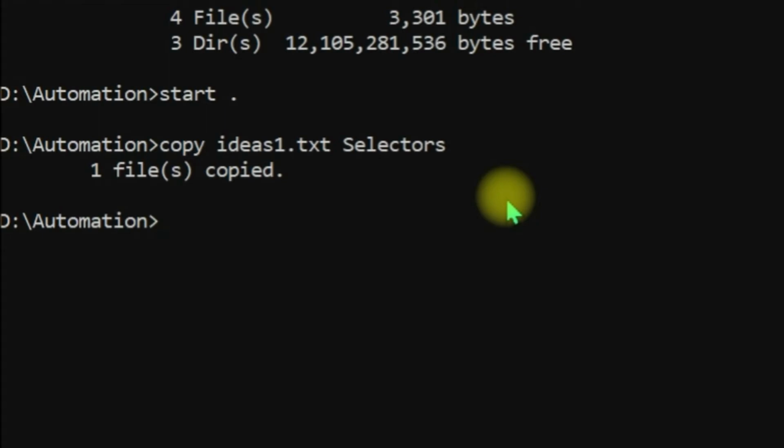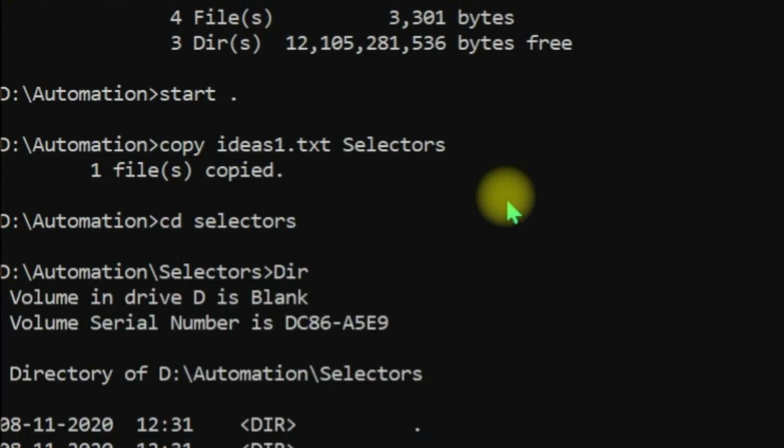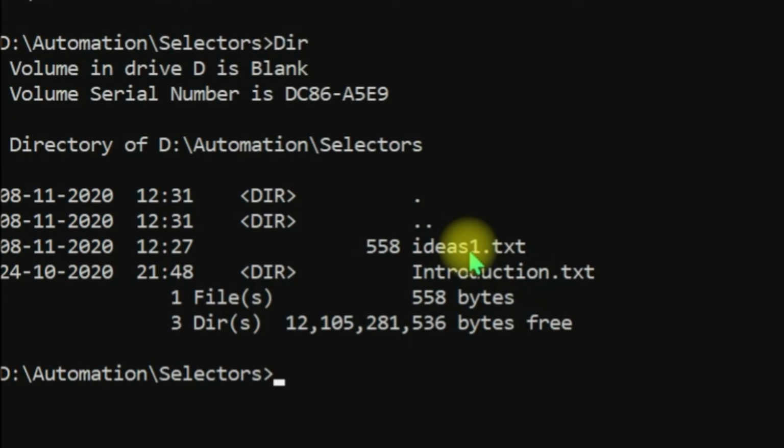Now we will change the directory to selectors to check if ideas1.txt is actually copied to the selectors folder. Now we enter the dir command and list out the files and folders. You can see ideas1.txt is present under the selectors folder.